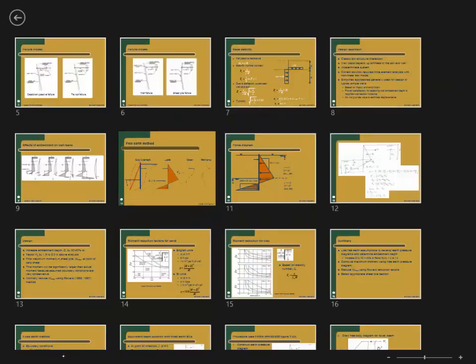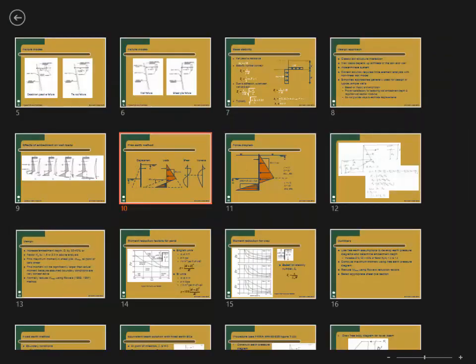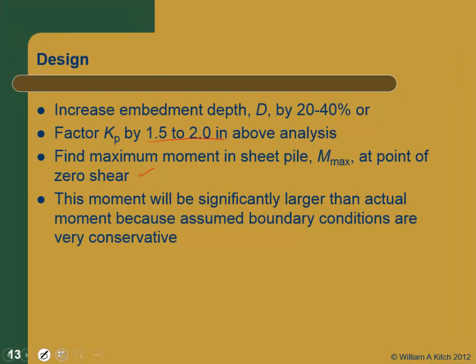But if you select a pile based on this, you're going to be putting in a really bigger section. You're going to compute a much bigger section modulus than what you need, and you're going to be buying a whole lot more steel than you need. And that's generally a good way not to win the bid, is to buy too much steel. So we need a method